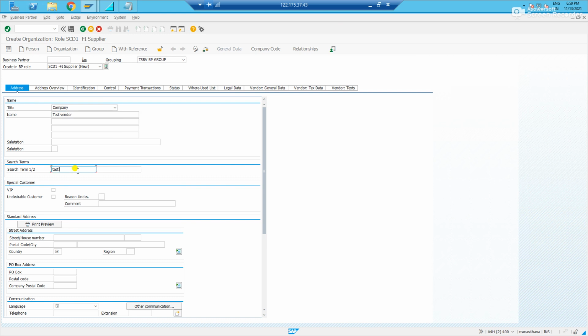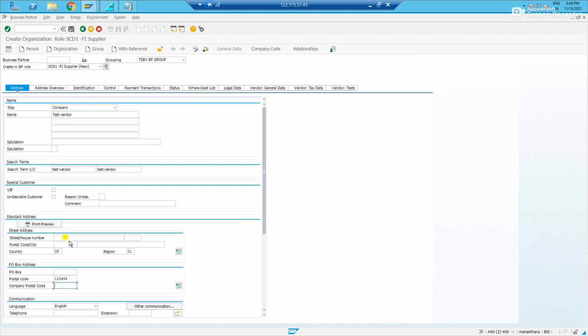I'll fill the required data. The country IN, the region I'll select 01, the language English. Let me put the postal code. If India, it's 6 digits.